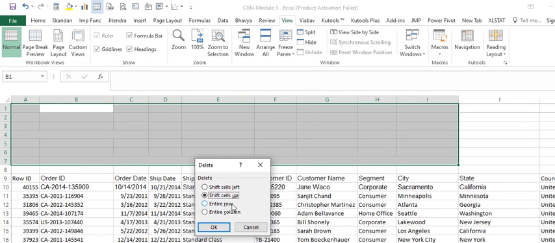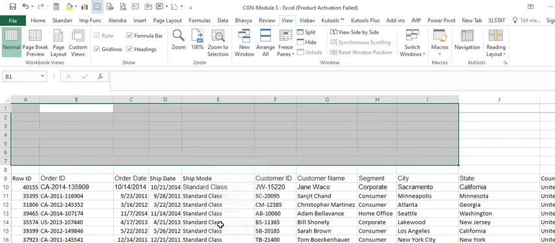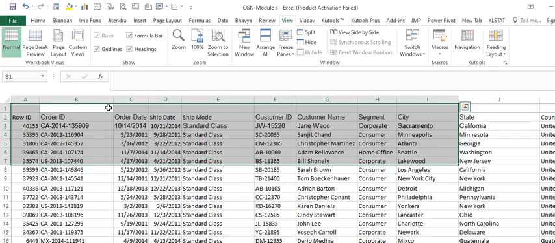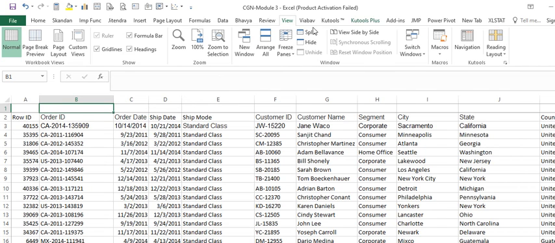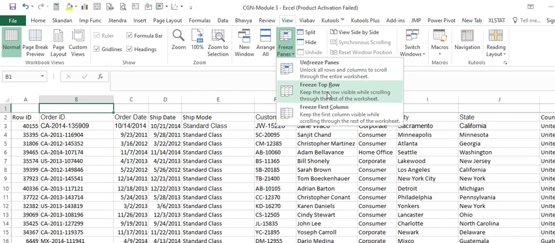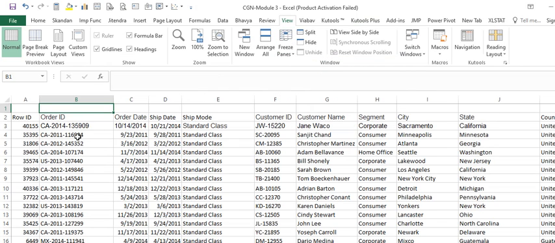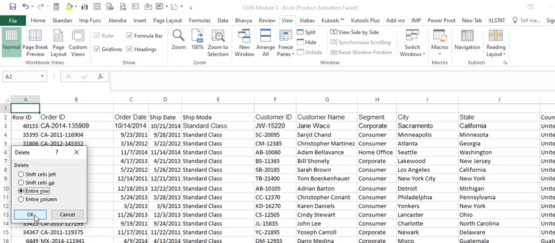So let me just do that. And then there is one single row that is left out because that is the one that is frozen. Let me unfreeze the panes, and then let me just delete this row also to demonstrate this example.